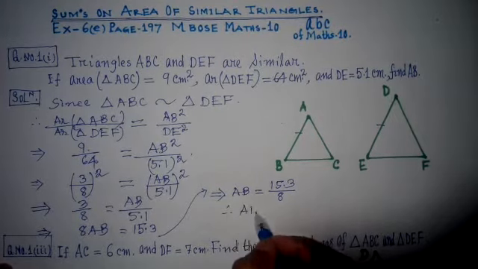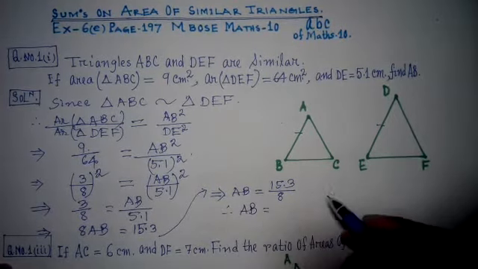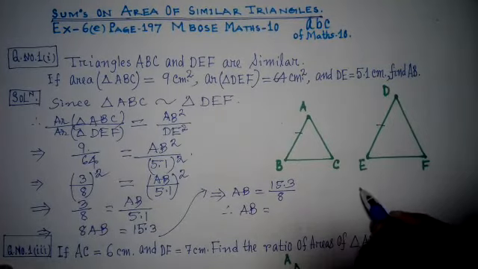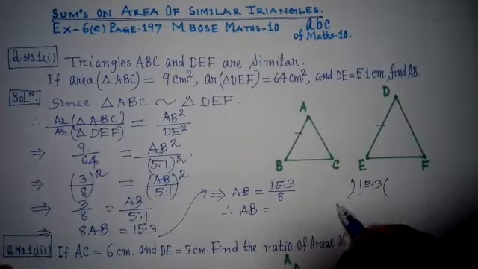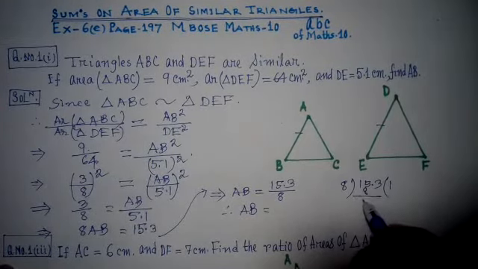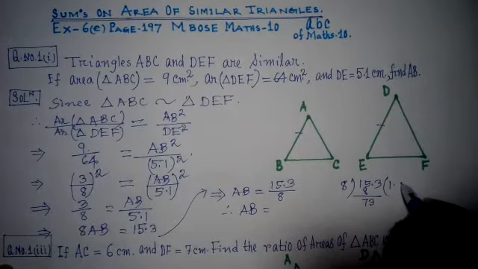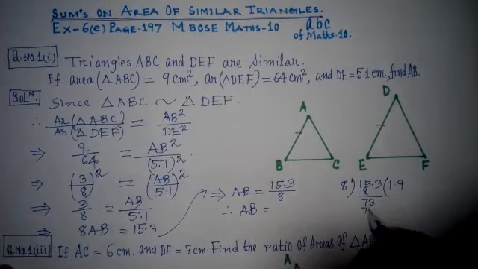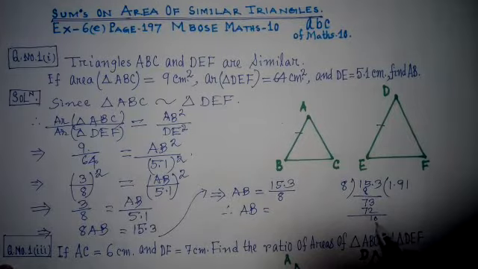So AB is equal to 15.3 divided by 8. Let us divide here in rough. 15.3 divided by 8. One time is 8. Subtract, we get 7, bring down that 3. Here is the decimal. 9 times 8 is 72. Then we get 1. For the point, suppose 0. Then only one time it is 8. Then 2. So keep up to 2 decimal places.